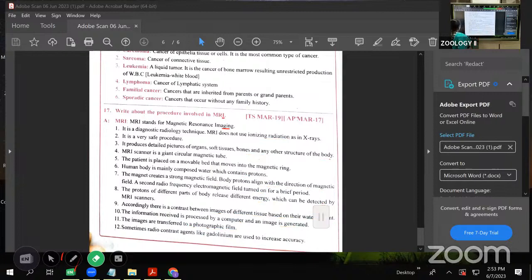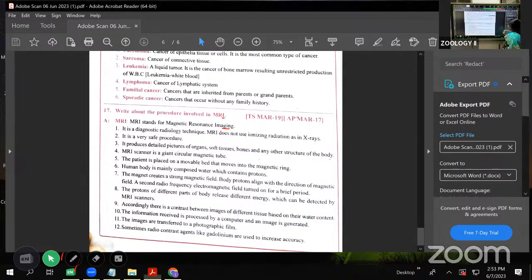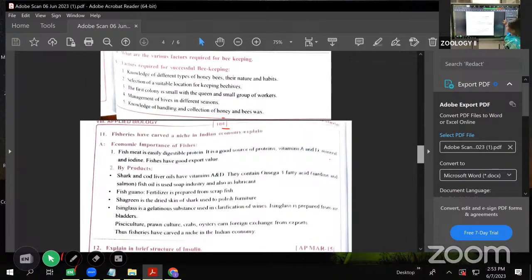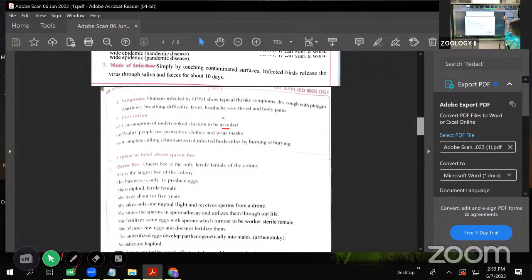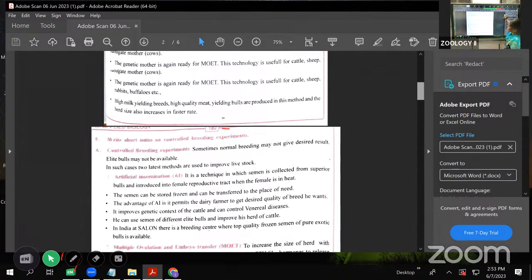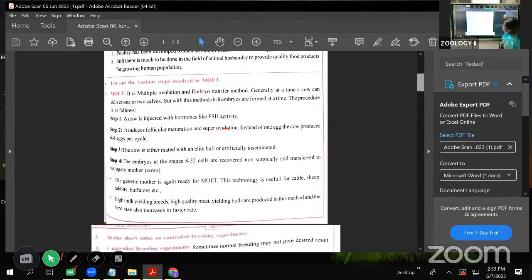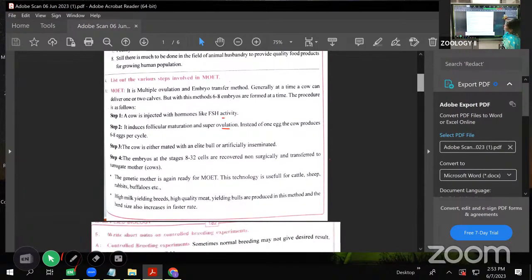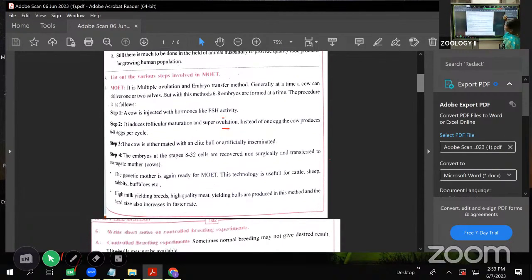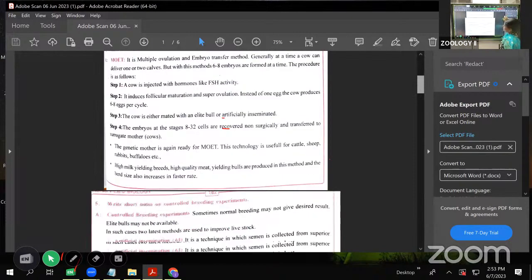See this one, I will show which one we discussed in the last lesson. See here. First, MOET, the multiple ovulation and embryo transfer method. This is the artificial method we are using. We are discussing this one, and next is